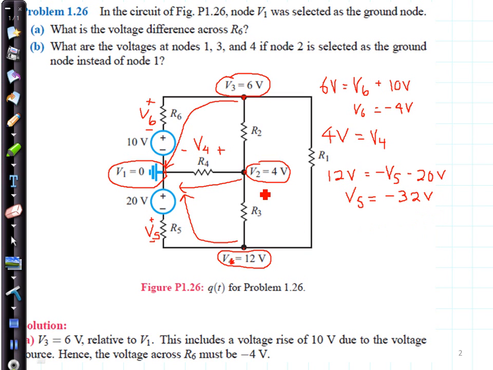Now the other thing that we could do is, let's suppose we want to know what's going across V3. Well, we could start at one place, like V2, and go down here to the end. So we could say, for example, 4 volts, and what's the difference? Minus 12 volts. That's the line. That's what we've just done right here, is equal to, let's put plus, minus V3. That's equal to V3, so we can see that V3 is equal to minus 8 volts, the way I have it defined.